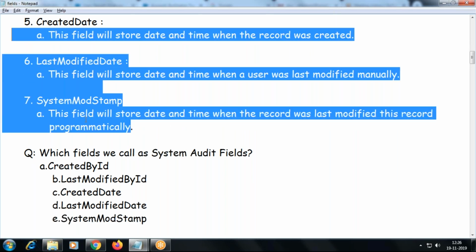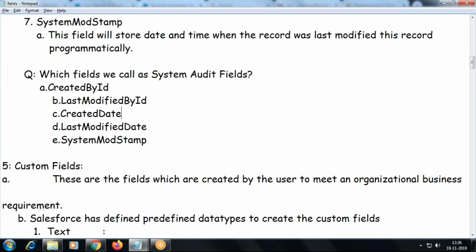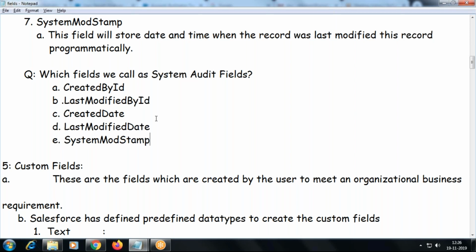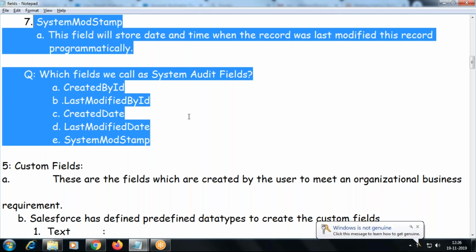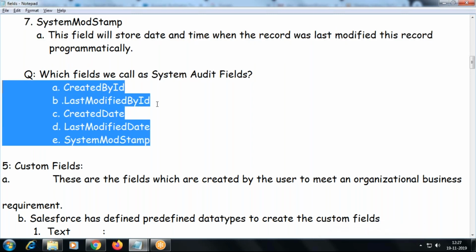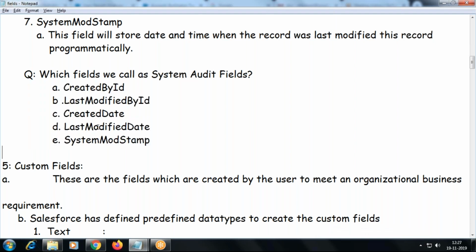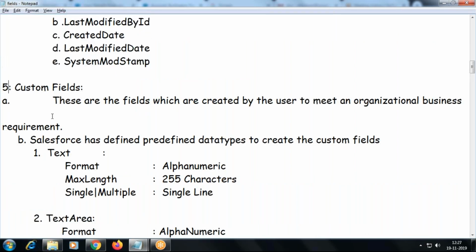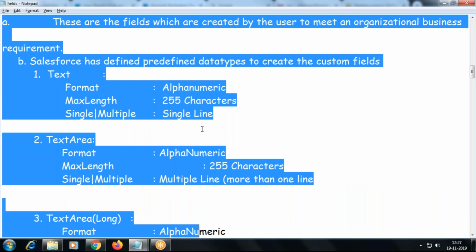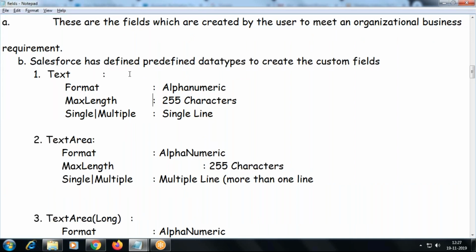So these are the fields referred to by the system, and there are some fields called audit fields. Just go through once. Need not explore much on this, but go through once or twice to understand what system defined fields are and what audit fields are. You need not spend more time understanding and exploring this concept, but further down it's more important, you need to understand it, that's all. Okay, right. So these are system defined fields.